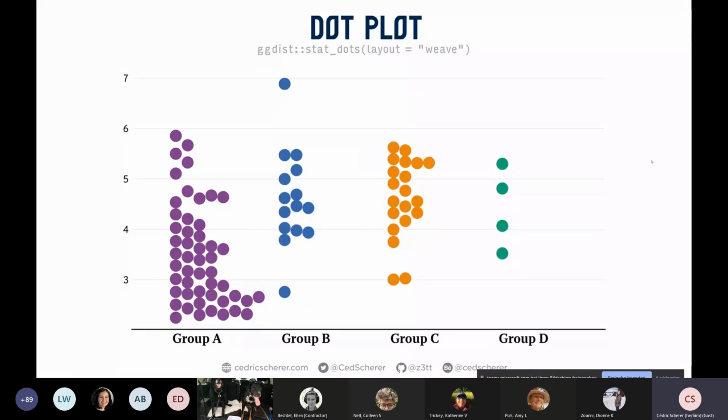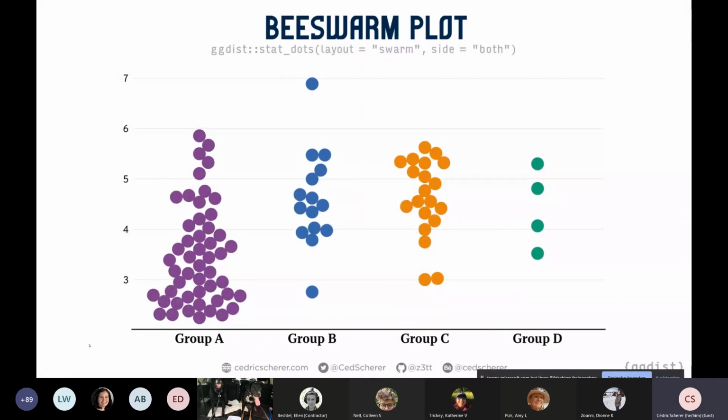You can then, for example, use the layout weave in the stat dots, where, if I got it correctly, I read a bit about it, I'm not completely sure, it keeps the y-axis. So it's the true y value, but it tries to arrange them on the x-axis in a dot plot shape. And you can also turn that into a beeswarm plot by saying layout swarm and side both. Then you get these beeswarm plots.